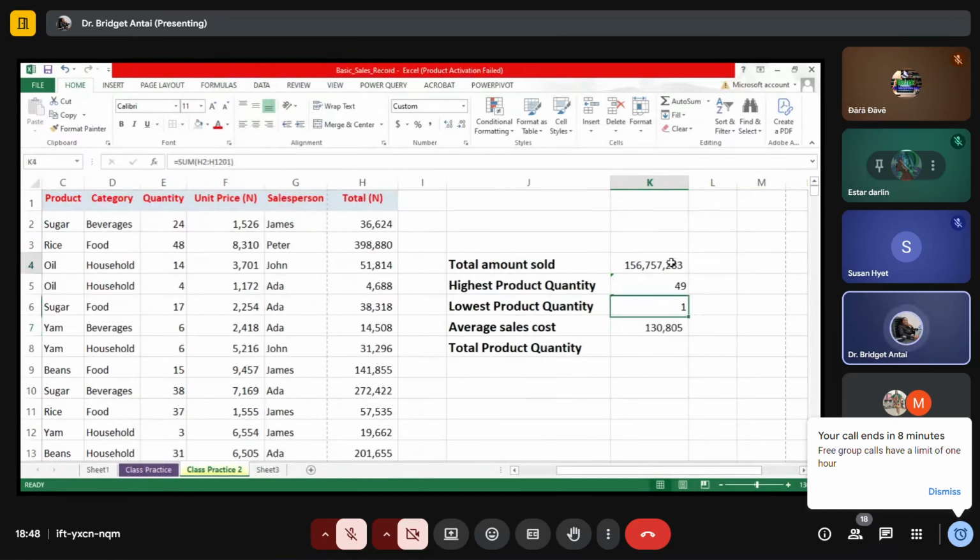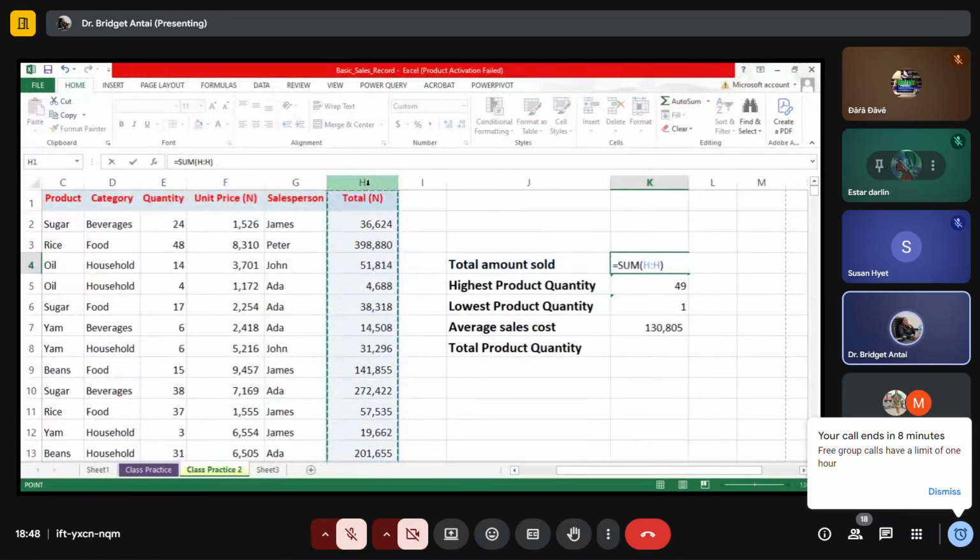So I will click here on total amounts and do the formula again. I'll come here to auto sum, then click on H, then press enter. Now at this point, this has covered to the last row. Let me show you. If I go to Shift Control down arrow,